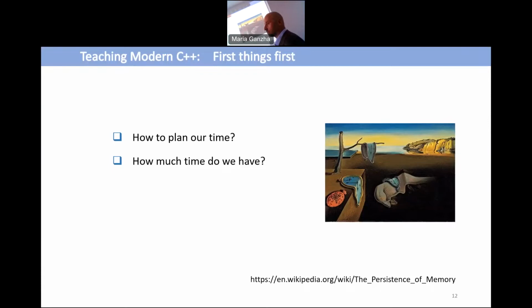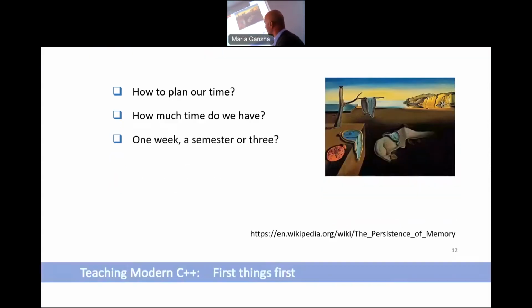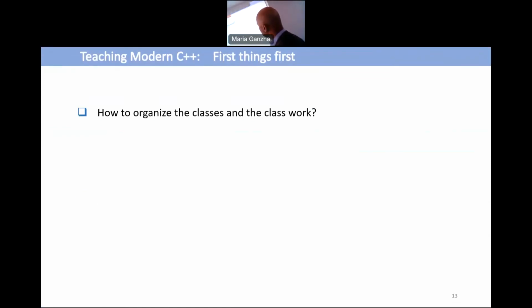So we need to have this broader view of the classes. The program I will show you in a moment, we usually have in 2 or 3 semesters. Each semester is something like 14 or 15 weeks. We have 1 lecture a week, and 2 hours of labs, and then the students have projects. So a lot of hours, but we need to plan this.